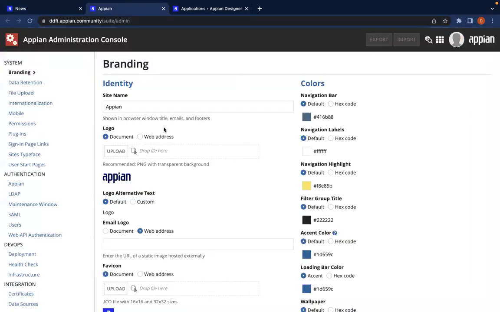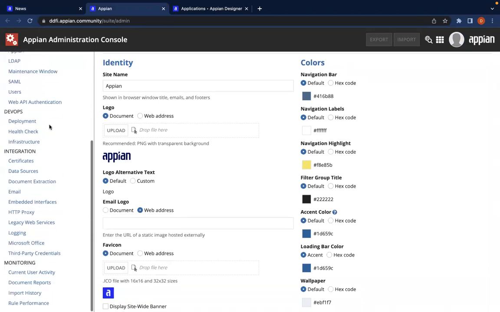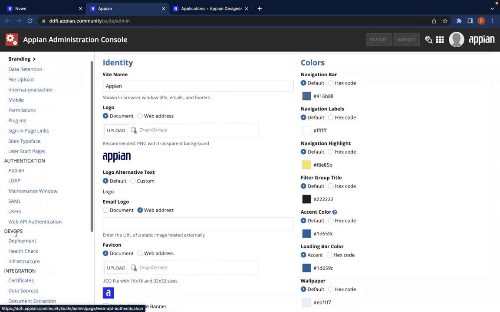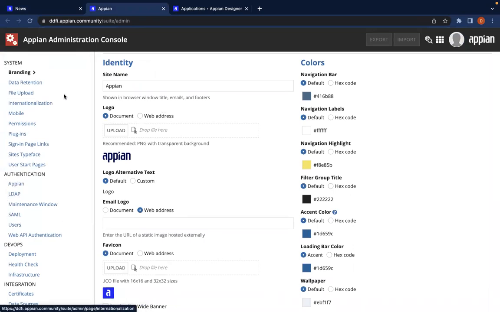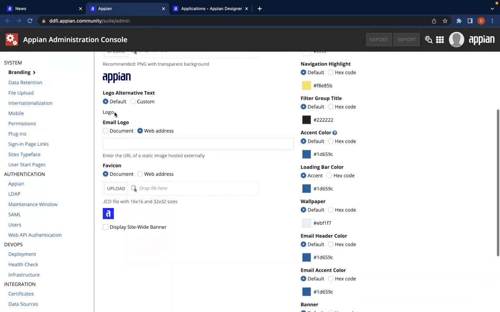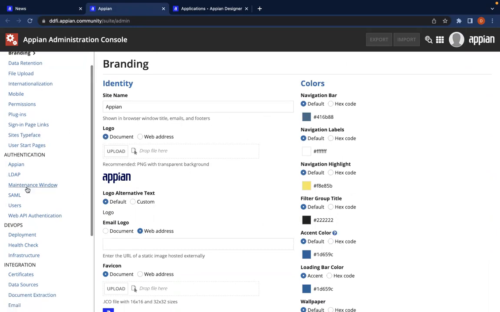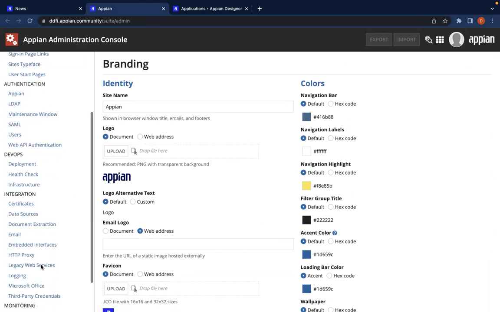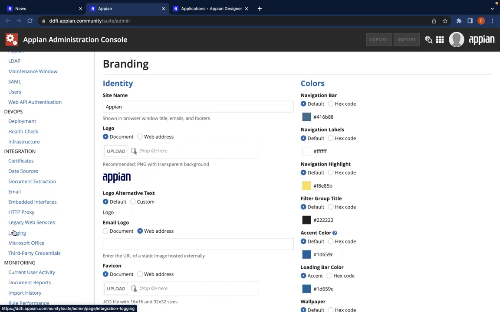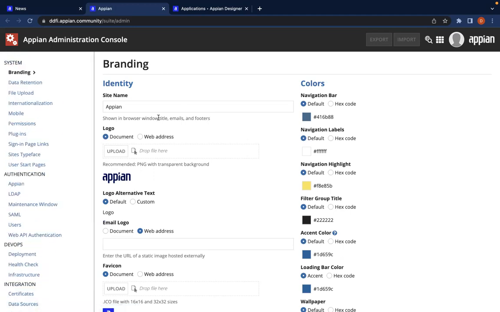Next, this is the admin console. Here we have multiple things, like how to deploy, DevOps kind of things, and security kind of things. We can configure everything from here, such as how the look and feel should be and what colors we need. We can create users from here, maybe API authentication keys, API keys, basically everything. We can do everything from this admin console.